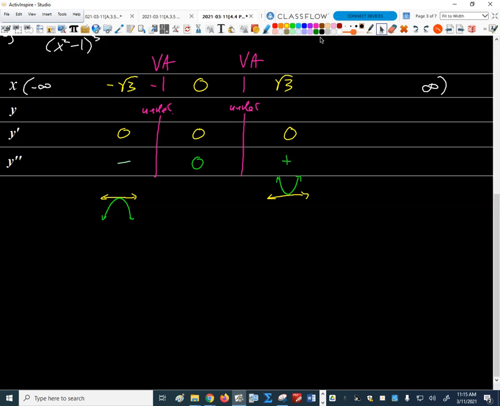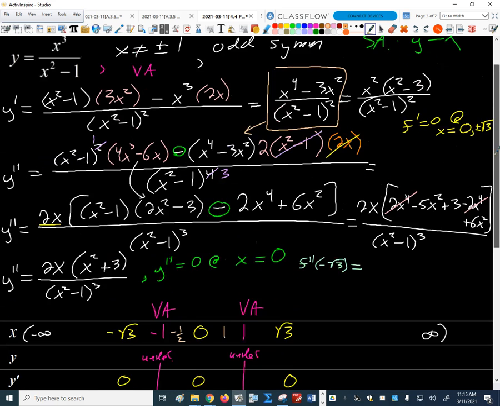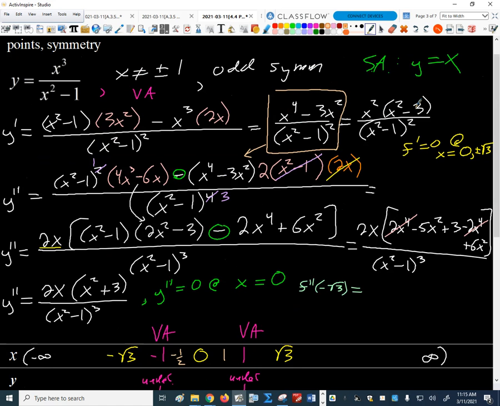So we'll just pick something like, for example, -1/2 and +1/2, something like that. And we're just going to test the signs of the first derivative there. Okay, well, here's our first derivative in factored form, right? So let's do a quick little calculation up here then. If that's our first derivative in factored form,